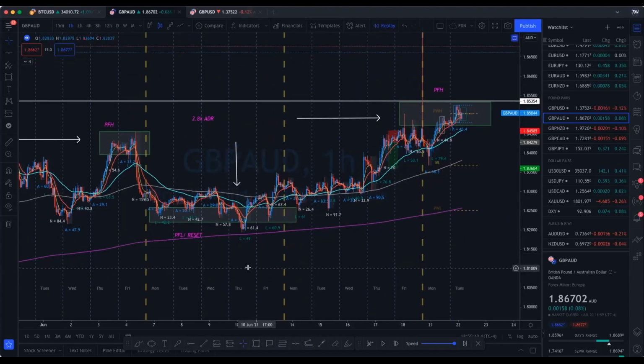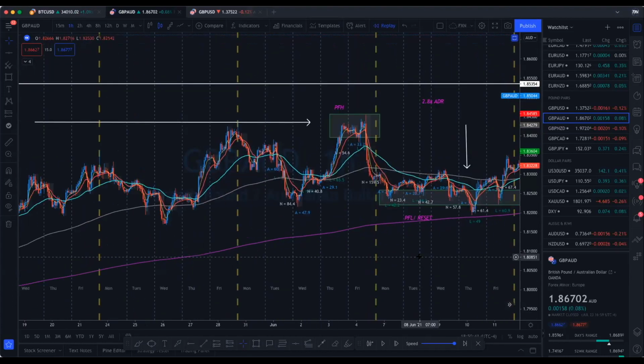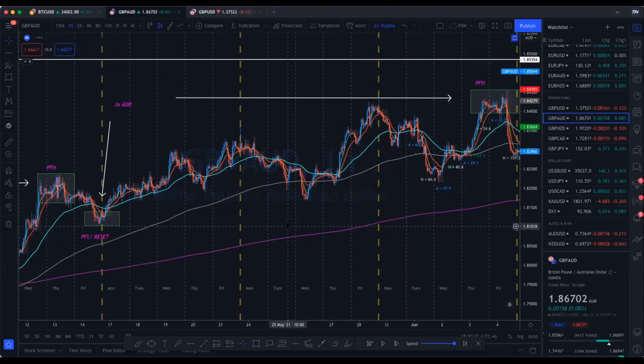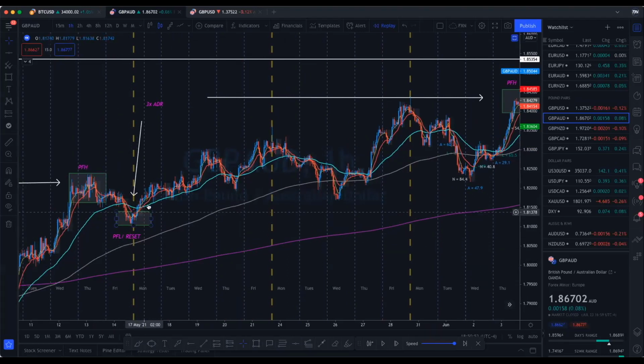There's going to be times where you're coming off of a peak formation low, and so you're looking for buys, but then you end up getting, let's say, a sell setup, right? So what do you do at that point? Do you take the sell setup or do you skip it? What do you think you should do? So here's a good way to know whether you should skip it or not, right? If you're coming off of a peak formation low,